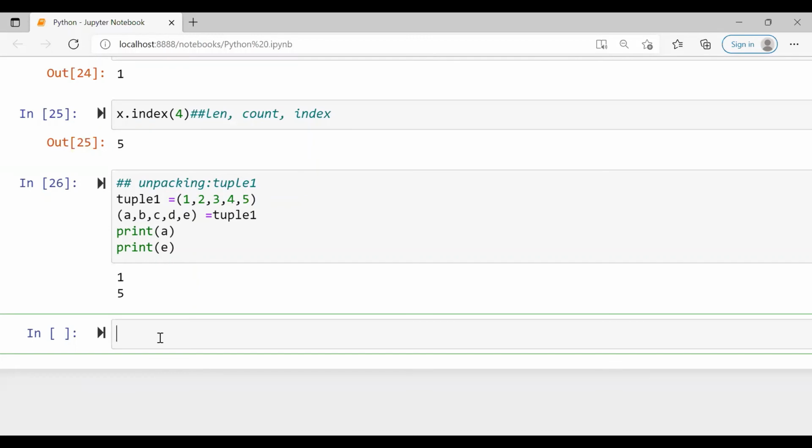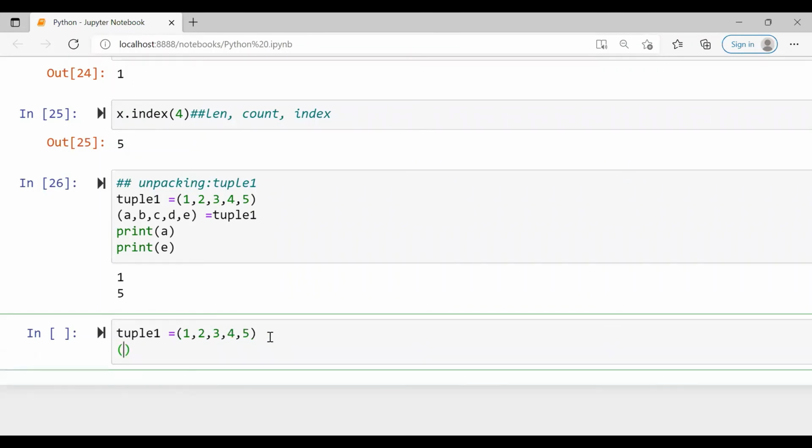So let us see that: tuple 1 is equal to 1, 2, 3, 4, and 5. Now I'll take only 3 variables, A, comma, B, comma, C, and before C, I'll put the asterisk and then write equal to tuple 1. Then try to print